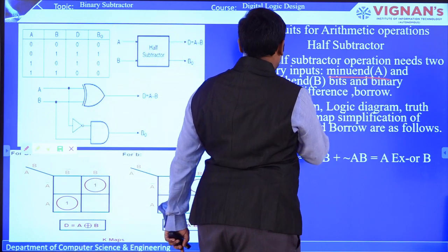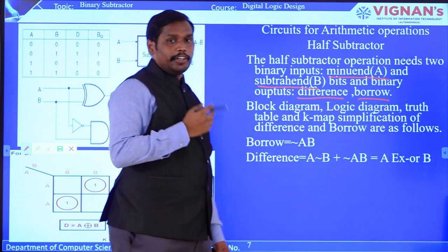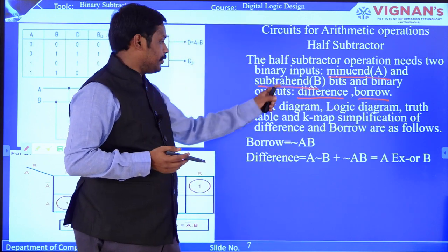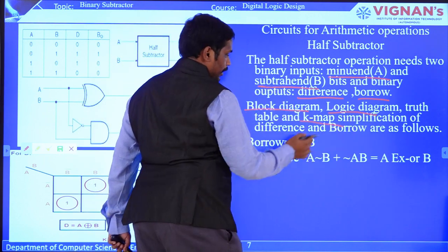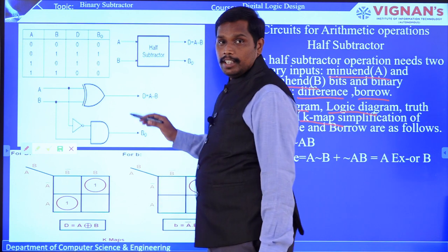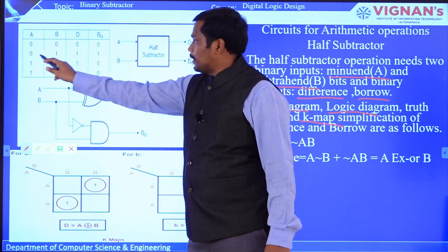Those are minuend and subrahend, and then the difference and borrow. In the half adder you get sum and carry, but here it is difference and borrow. So it's the same block diagram, the logic diagram, Karnaugh map, and then difference and borrow. Here you can see 0 minus 0 is 0 and borrow is 0, but 0 minus 1